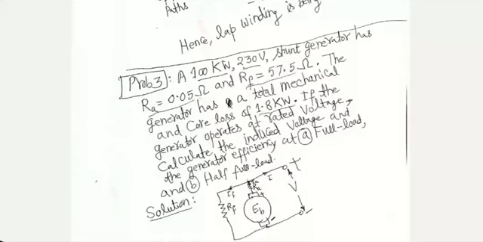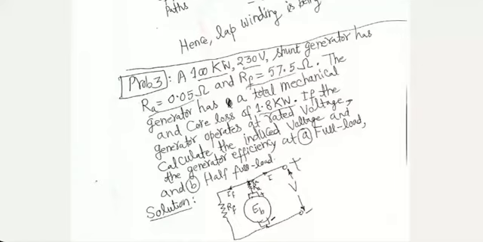Okay. Unfortunately, I cannot help it. Depending on where you read, some different word will show up. This problem is saying induced voltage. I call it back EMF or induced EMF. So we have to infer from the language that what they mean is EB. And they want the efficiency also.